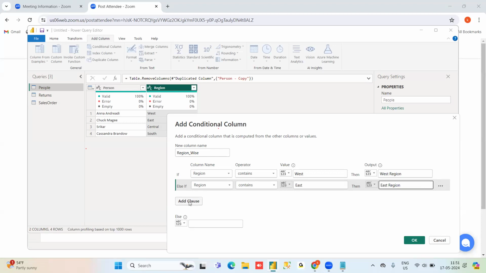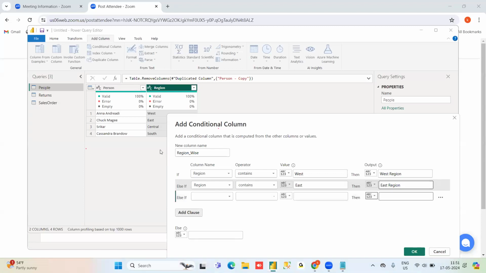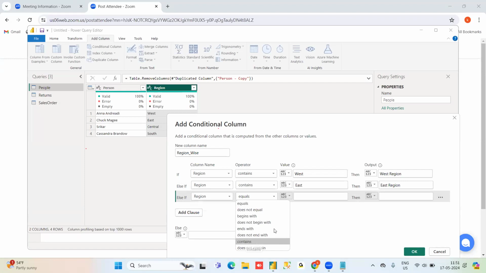And I want something, Central contains. You can do equal to also here, because we are just matching with this value only.